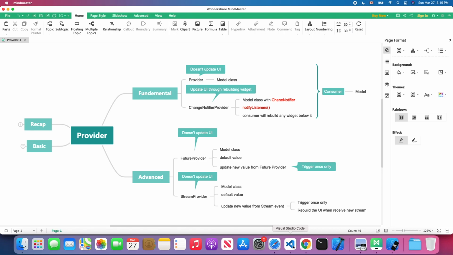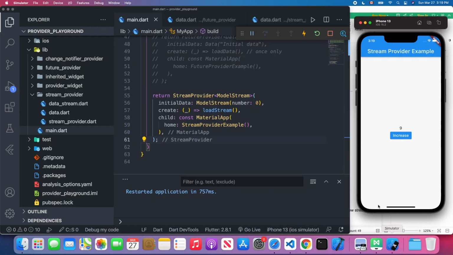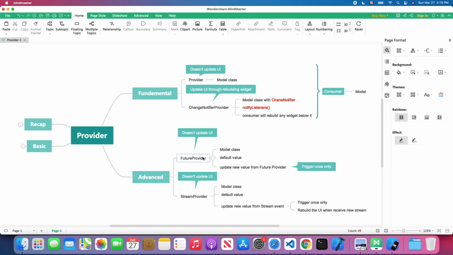Let's open Visual Studio Code and the iOS emulator. Here I'm going to restart the application, and you're going to see the number is set to 0 by default and increases each second until 9, because we're using the StreamProvider and you will receive the stream event and update the UI automatically. When comparing the StreamProvider and the Flutter Provider, they both don't update the UI by clicking the